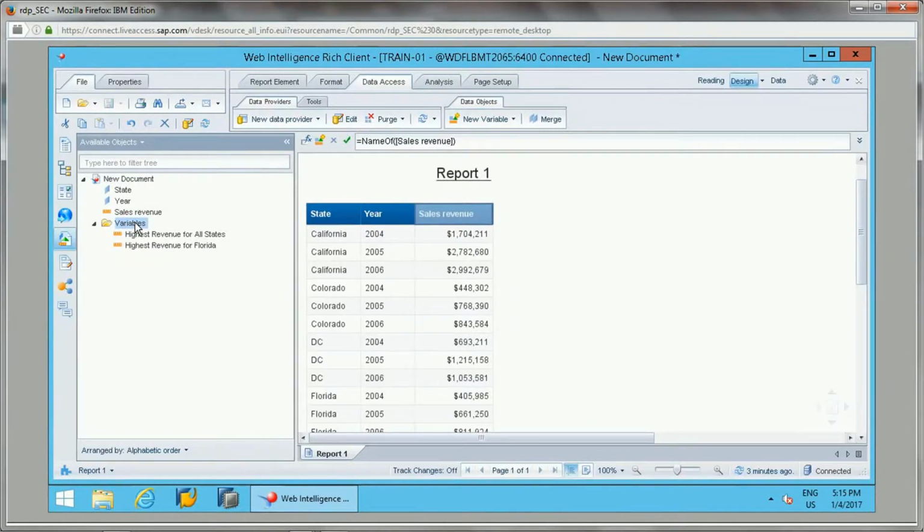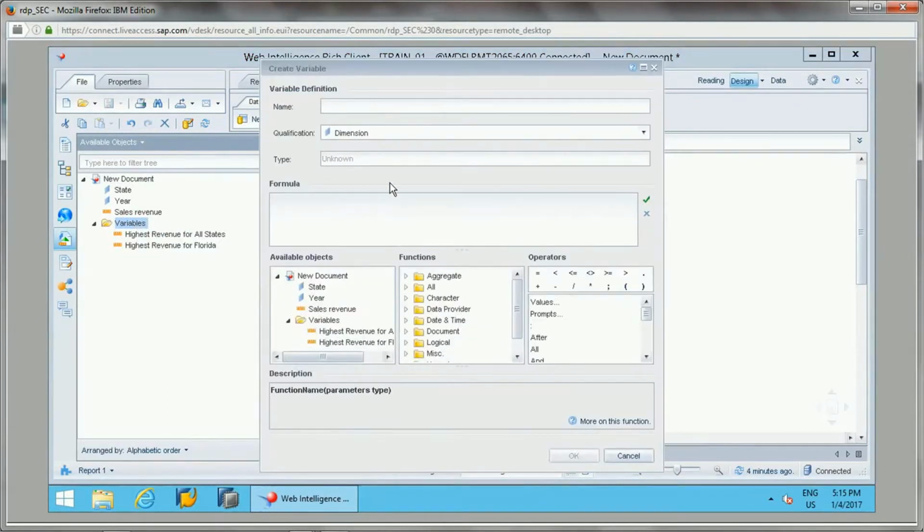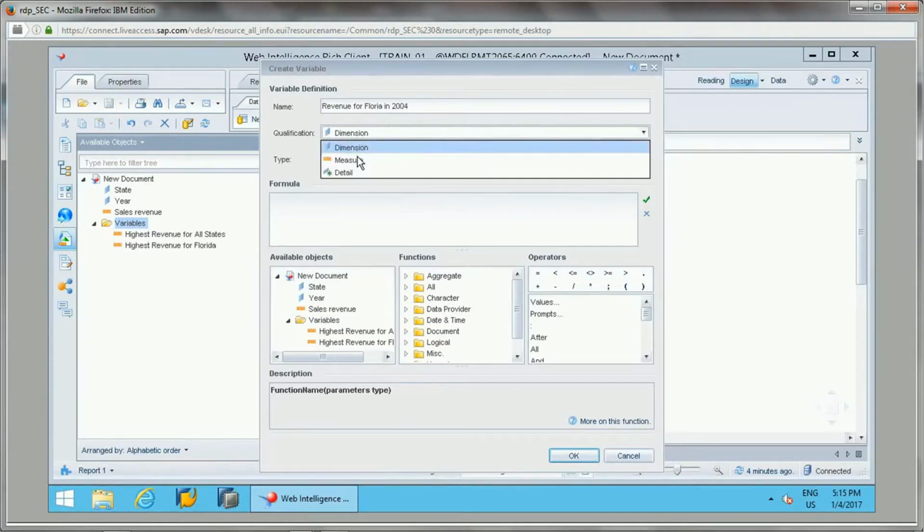Now I will create one more variable to calculate revenue for Florida in year 2004. I will select measure.